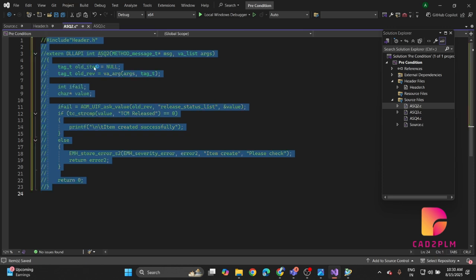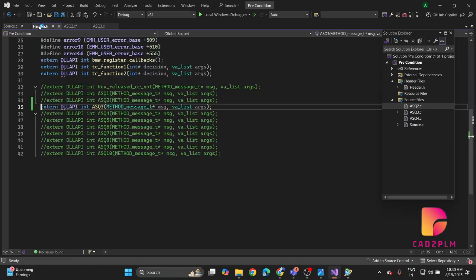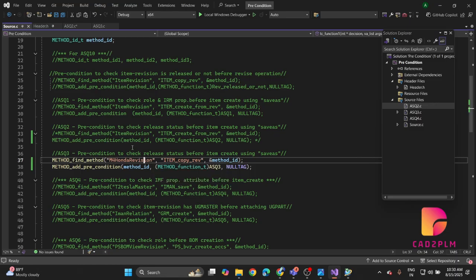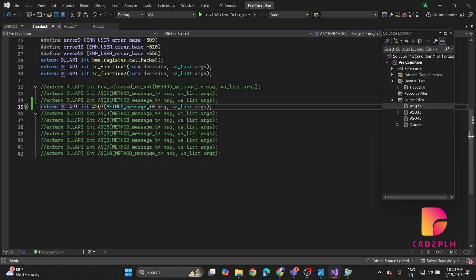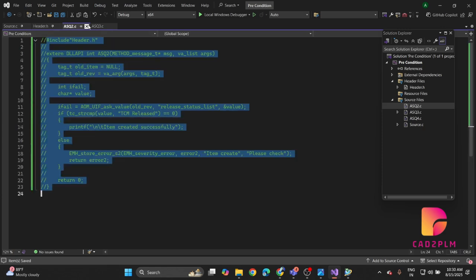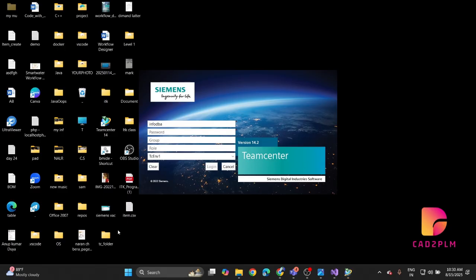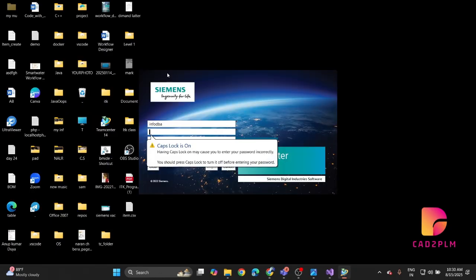This way, manually, open BMIDE and then check. Then create a new business object, or otherwise use your created business object. Then copy your M4 Honda revision name, right? Then paste it down, and this is the method item copy revision. Okay. Just a minute, open BMIDE, and then